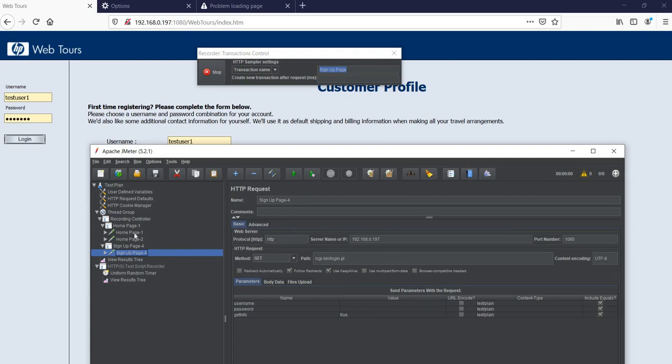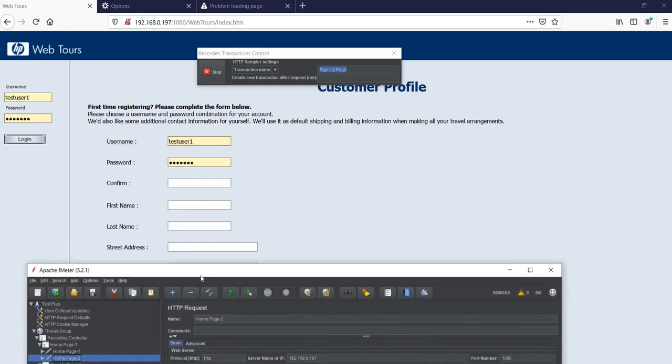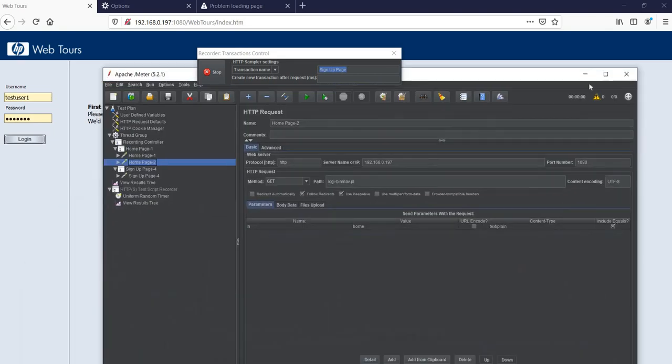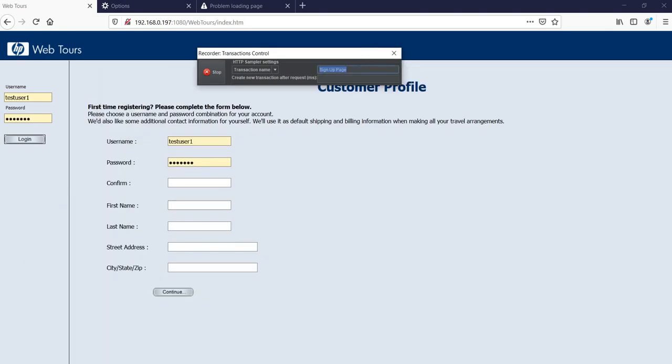Now if you gather all the requests together, it will be difficult for you to bifurcate. You need to see all the paths, then see that this path is associated with this thing. But now you already know that this sign up page has this request, home page has these two requests. Then after sign up page we go ahead and type in all the information and say register user.